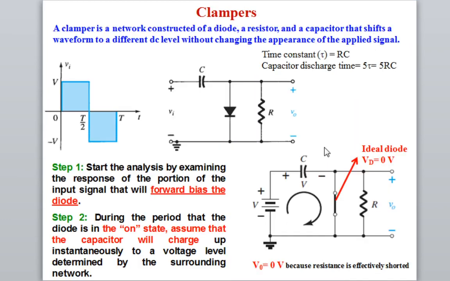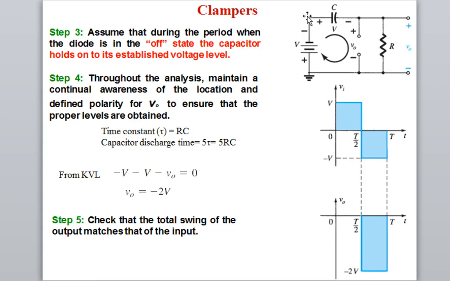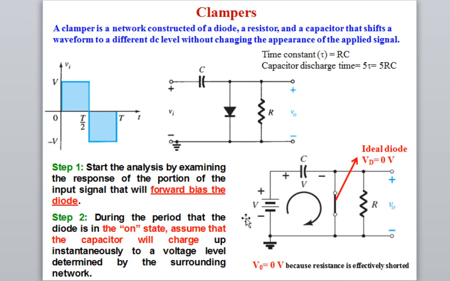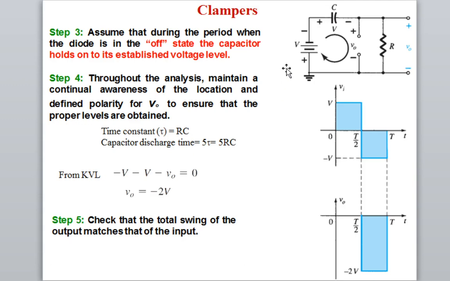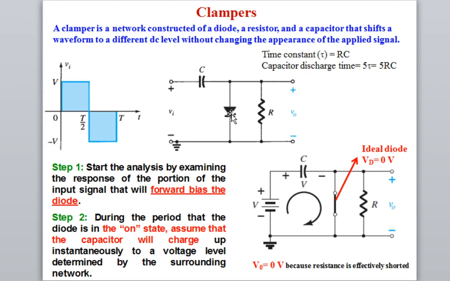Now obviously for this given input signal, from 0 to T half, the diode was in forward bias, so we have analyzed step 1 and step 2. Now for T half to T cycle, the negative half cycle, obviously this will become minus and this will become plus. Then the diode will obviously go into reverse bias. I have shown it in the circuit diagram. This was plus and this was minus in the same circuit. Now in T half to T cycle, this becomes minus and this becomes plus. So this was diode positive and this was diode negative, so the diode has gone into reverse bias.